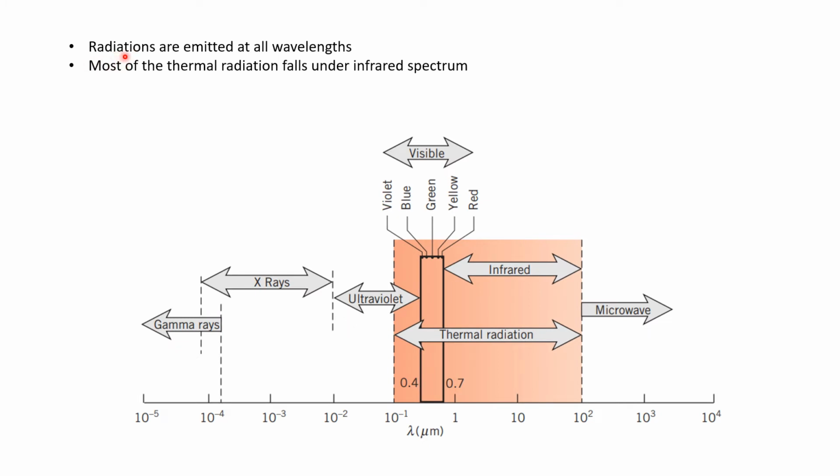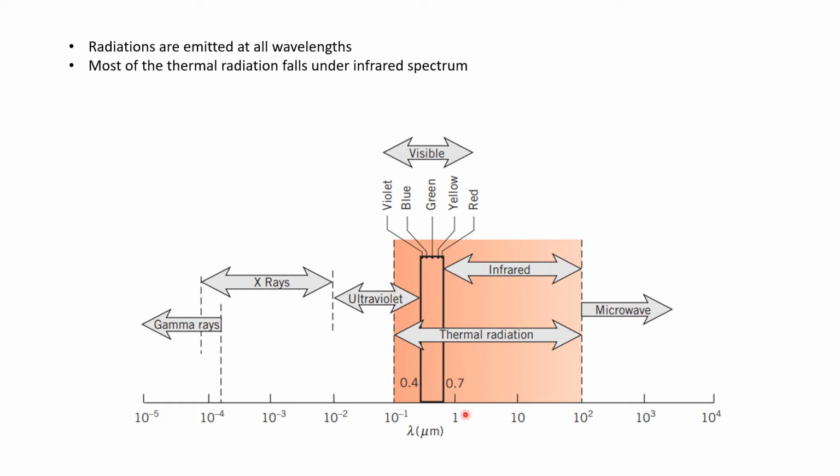So radiations are emitted at all wavelengths. So you can have radiations from gamma rays up to microwaves, and they may be radiated by different means. So you may have gamma rays or X-rays being released when you have nuclear fission or fusion, whereas mostly thermal radiation